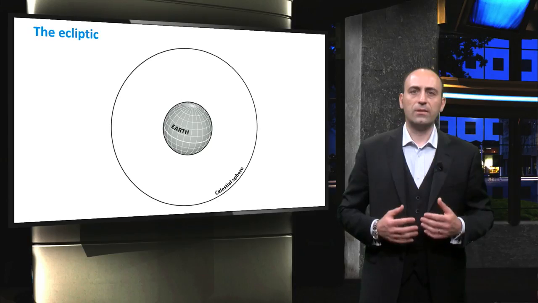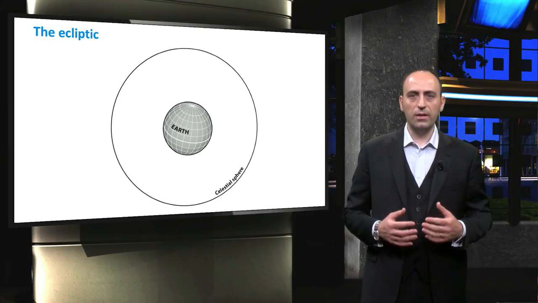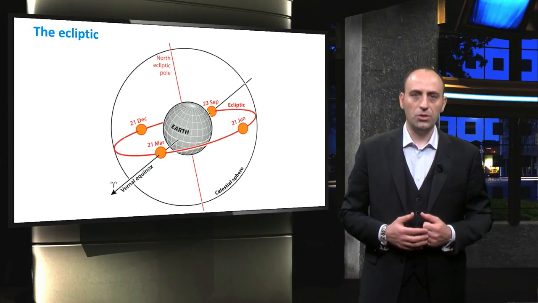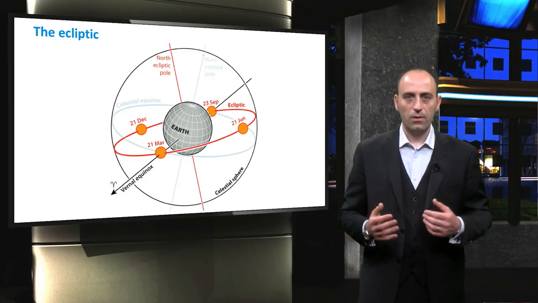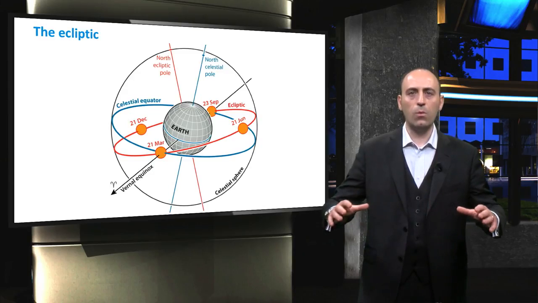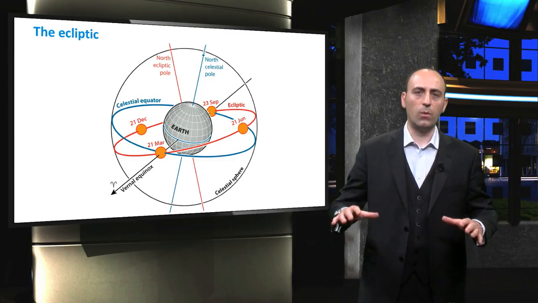So let's get things together. First, if we trace the path of the sun in the celestial sphere, we obtain the ecliptic of the sun, which is represented in orange. Then we can also draw the Earth coordinates in the same celestial sphere. So imagine extending the equator of the Earth to space, and thus we have the so-called celestial equator,